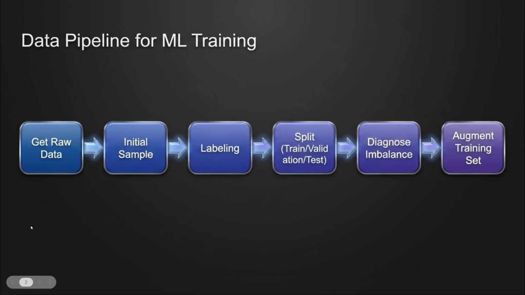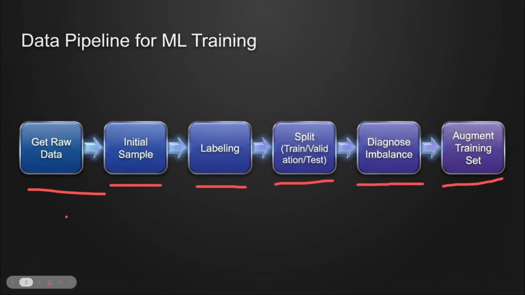So we'll get raw data, we'll sample, and then we'll label it. We'll split the data as training, validation, and test set, and then we'll check for imbalance and we'll augment the training